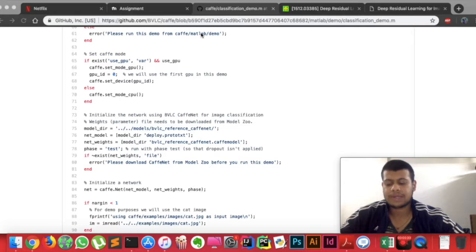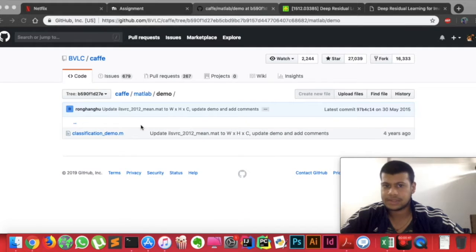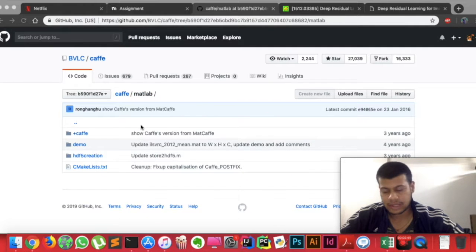They provided comprehensive empirical evidence showing that these residual networks are easier to optimize and can gain accuracy from considerably increased depth. Well, isn't that what we want, so that our